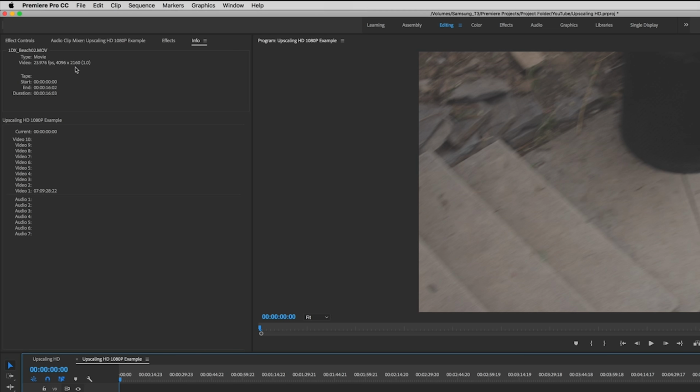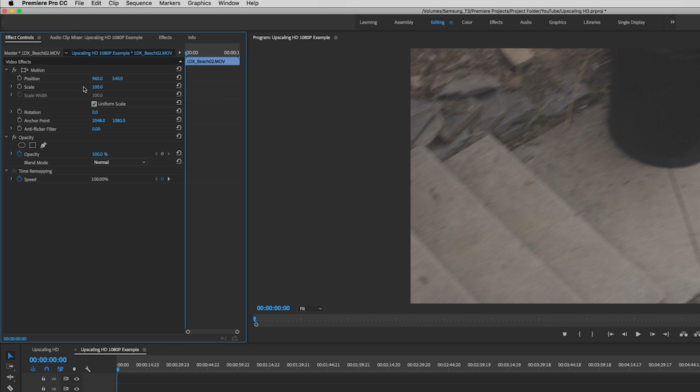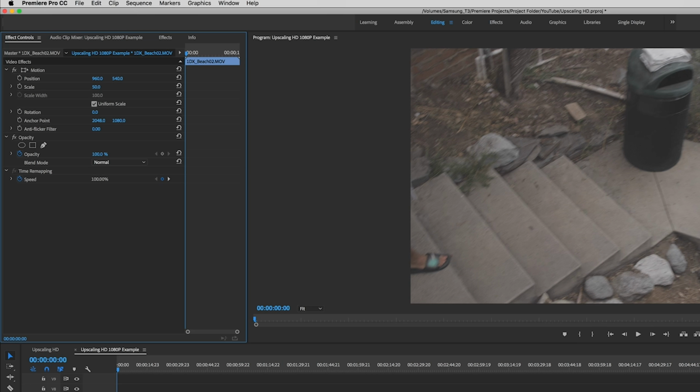Now take that 4K image and put it onto a 1080p timeline or a 1440p timeline. You'll be able to scale the image a little bit more than you would with a pure 1080p image, right? So if you're scaling into say 150% with 1080p footage, depending on the lighting and depending on what's